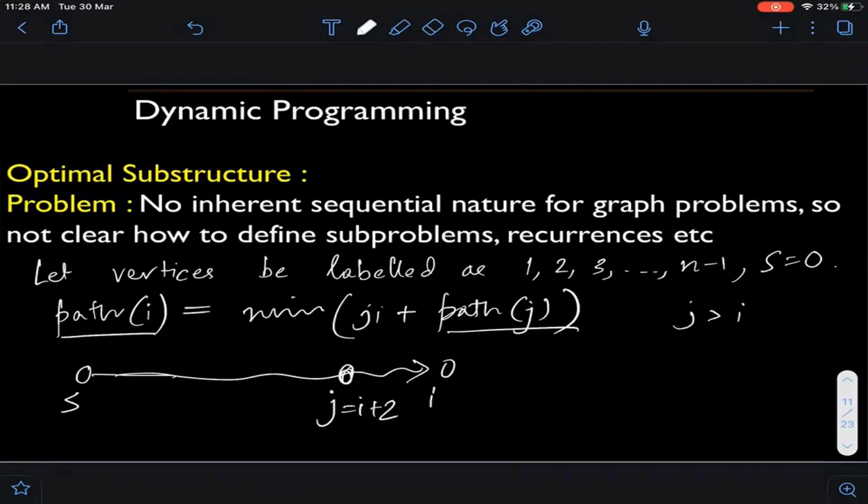Okay, great. So here is what Kevin is saying, but eventually we will reach closer to the source. Okay. That's a great point actually, which will lead us to the next idea. So what Kevin is saying is that we will eventually reach closer to the source in some sense. Okay. The trouble is this fact is not being reflected in the current subproblem definition. Okay, it's true. Maybe it's true that you will reach closer to the source, although it's not very well defined what closer to the source means or why that should be true. But somehow that thing has to be reflected in the subproblem definition itself.